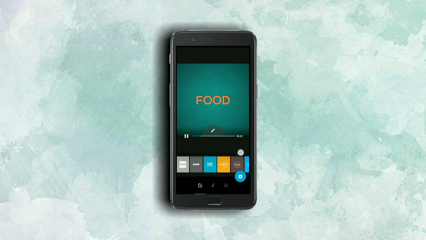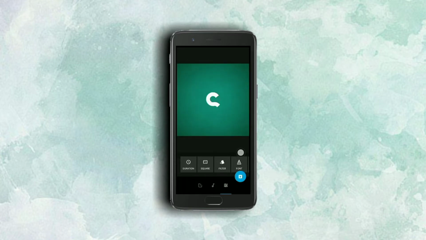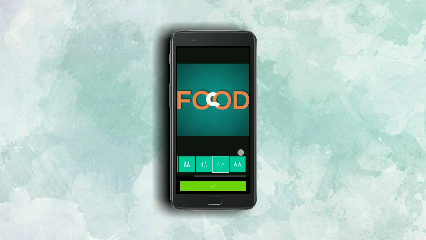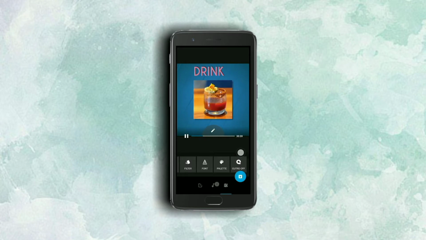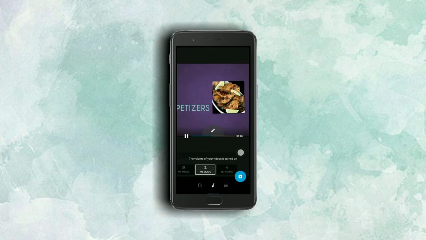This is how it is going to look when you add text to the individual images as a whole video. You can now change the duration according to the requirement and also change the style of the text that is being used. These settings are available in the settings option, which is the third option available.